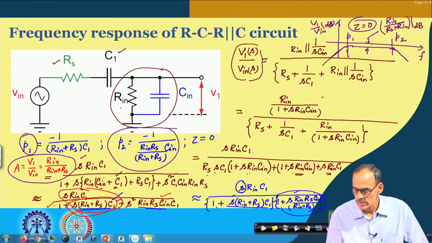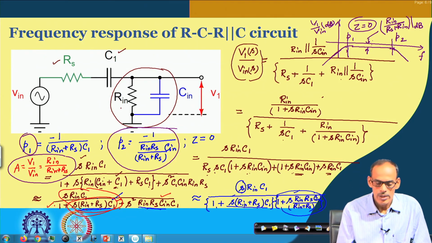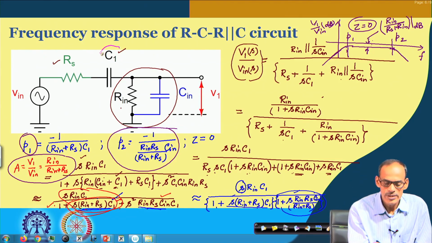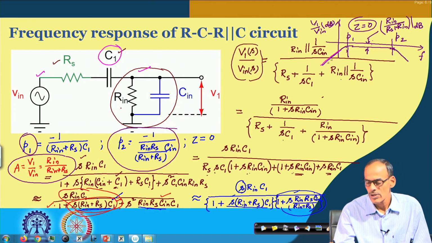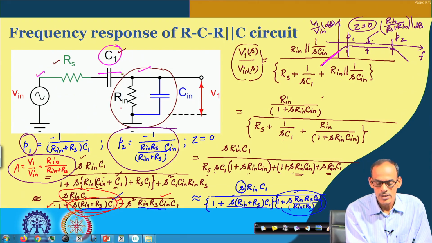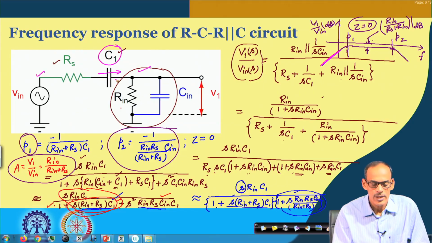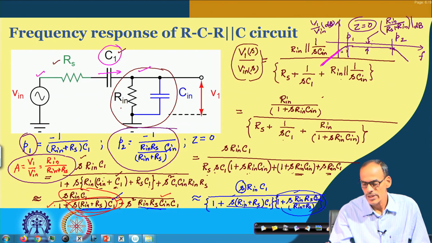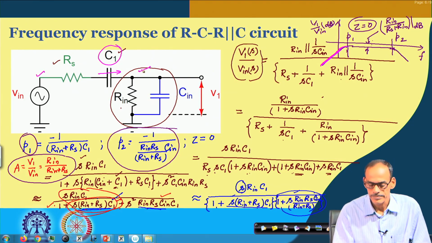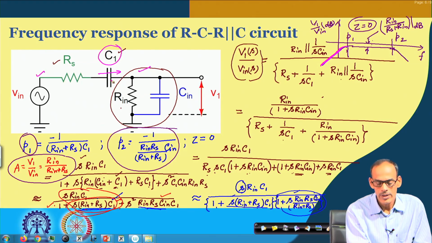So, now coming to the intuition, at very low frequency this capacitor is blocking the signal from propagating here. That is why we have a lot of attenuation here. But with progress of frequency, this capacitor starts allowing the signal to come to this node, and that is the indication that as we increase the frequency the signal is propagating here. And then we have a situation where this capacitor almost works as a short,